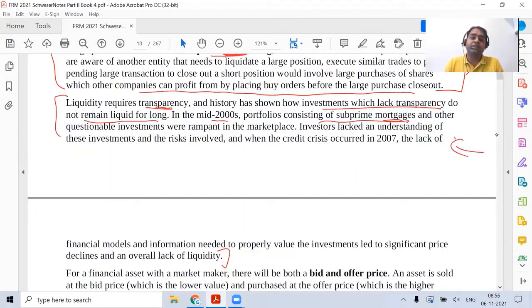They're connecting it back to the 2007-8 crisis. That was a time when investors used to invest in a lot of highly risky products which they did not properly understand, because the credit ratings were also not done properly. Investors, by looking at credit ratings, were investing a huge amount of money, and ultimately when the market crisis began, they started losing money, and they started hating the market. Primarily they realized that the market is not safe, because of which the liquidity went down. When the crisis started hitting, the liquidity went down. Everybody who had money was not taking it out to invest into the market. There was a liquidity freeze.